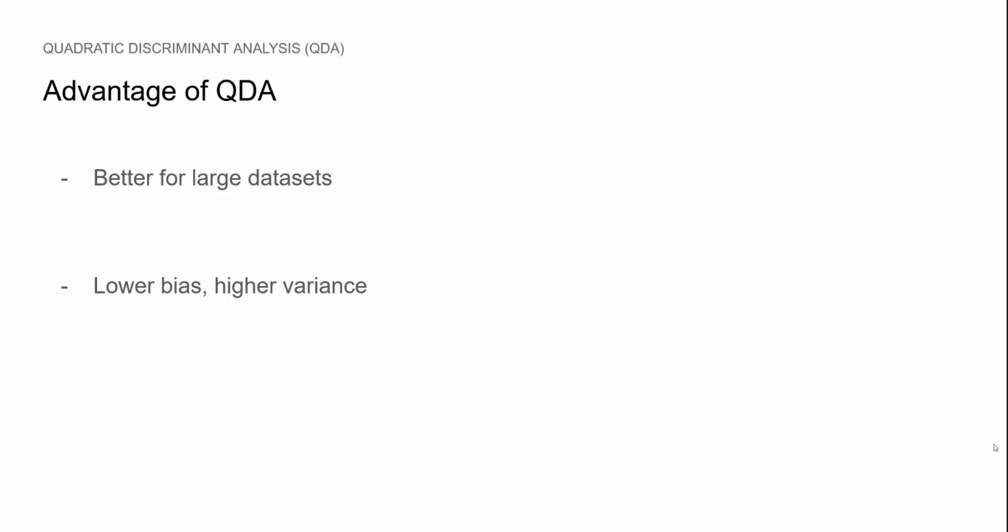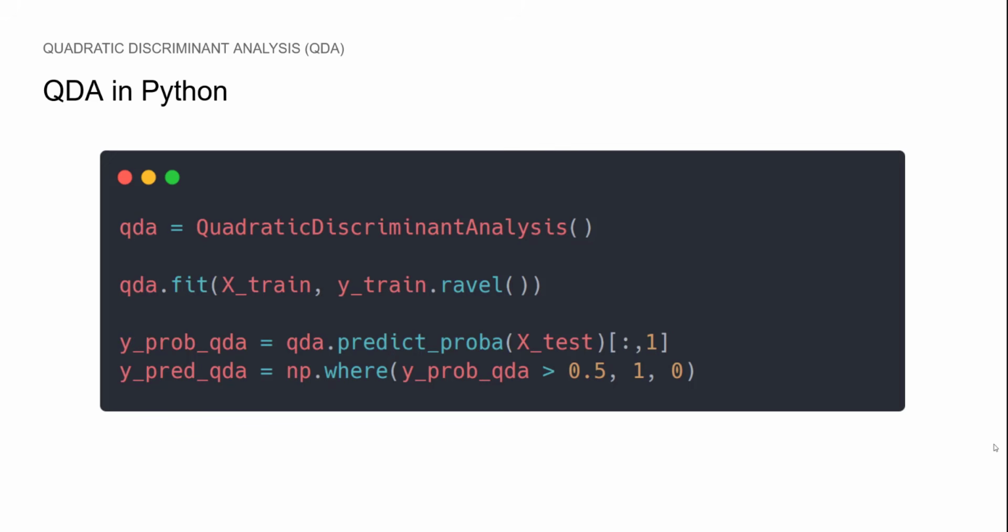since we have two terms of x being multiplied together. Now, whereas LDA was better than logistic regression in some situations, QDA is also better than LDA, mainly when you have a large dataset, because it has a lower bias and higher variance. If your dataset is small, then LDA should be enough. Again, in Python, you should see a pattern here, because it is very similar to LDA and even logistic regression. So again, simply initialize your model, fit it on x and y, predict the probability, and if it's greater than 0.5, output 1, otherwise you output 0.